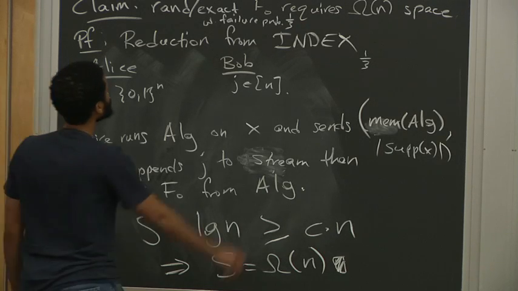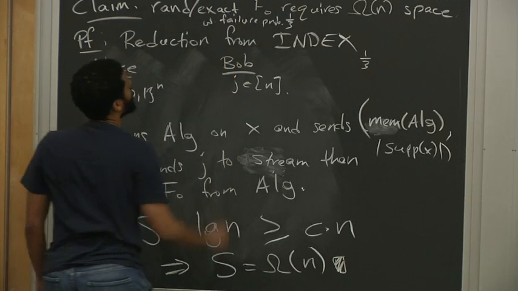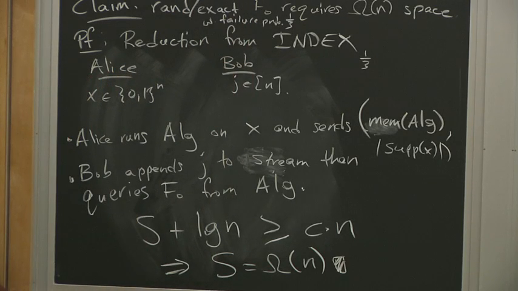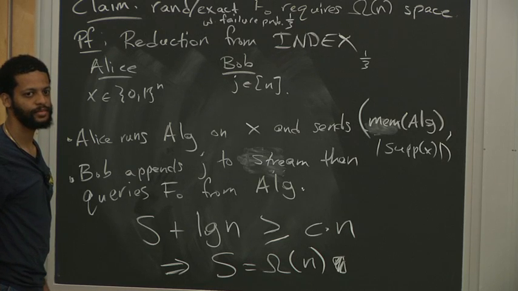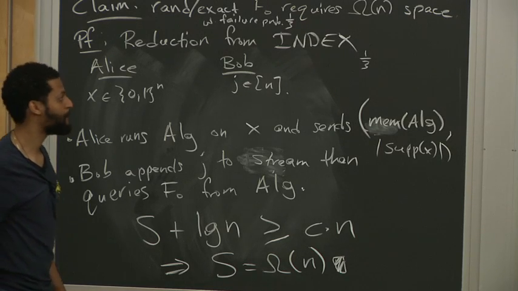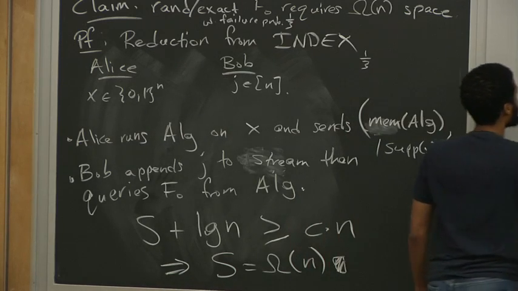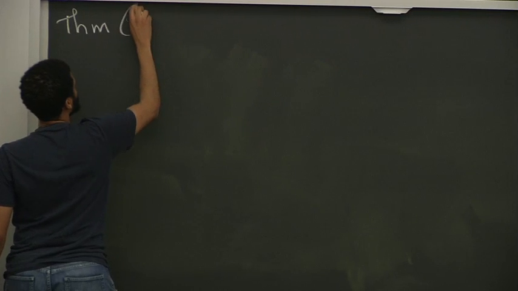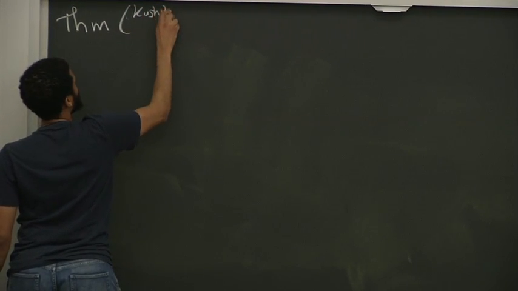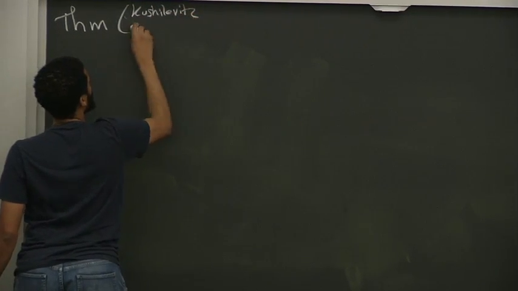Now I showed you that arrow. Let me show you this one. Let me show you that randomized approximate F0 requires omega log n bits. Okay. So before I do that theorem, you can find a proof of this theorem, for example, in Kushilevitz and Nisan, in that book I mentioned on communication complexity,